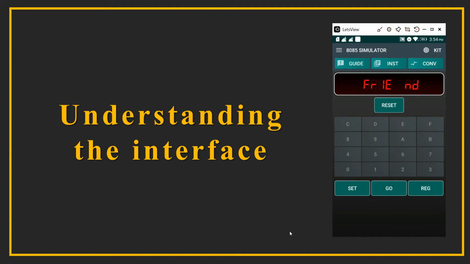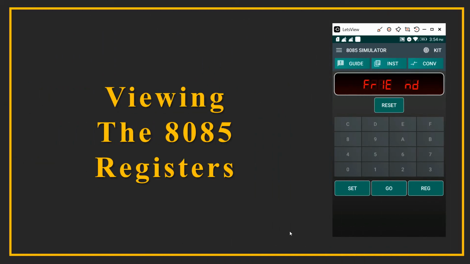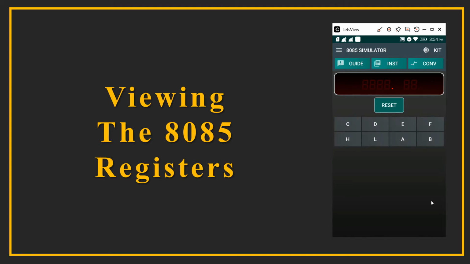So let us see them one by one. The first one is viewing the 8085 registers. The button over here is used to view the registers of 8085. Activating the button will make the list of registers available, and you can press any register of your interest and see the value of that particular register.